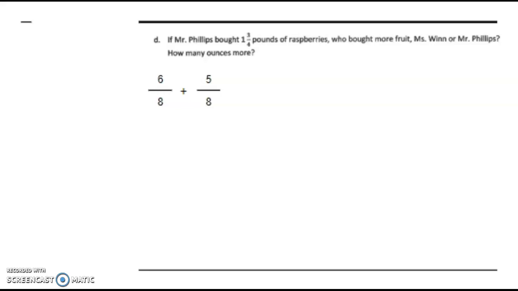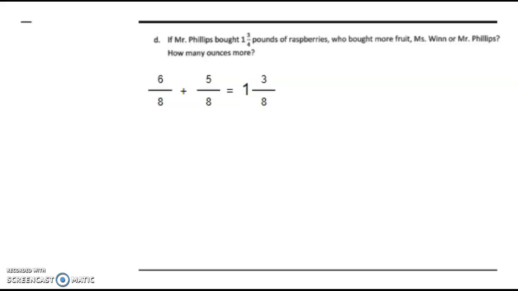So I have my equivalent fraction that I'm going to use because it's going to make my math a little bit easier. And I have 6/8 plus 5/8, which is going to give me a total of 11/8. Now I can keep that as I would like to, and then I can just change Mr. Phillips's number into an improper fraction, or I can take this number and change it into an improper fraction. So if I take my 11 and I divide by 8, I'm going to get an answer of 1